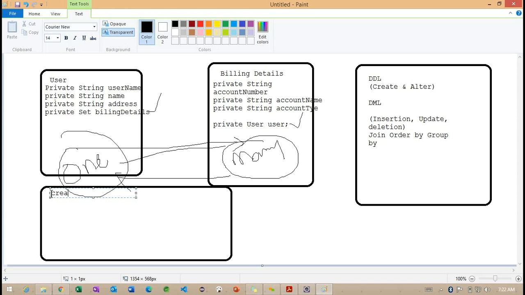So basically, create table called user. I'm adding only one column, because based on all the properties we are going to define the columns. The first one, username, something called varchar 50, and I want to add some conditions, something called not null and primary key.